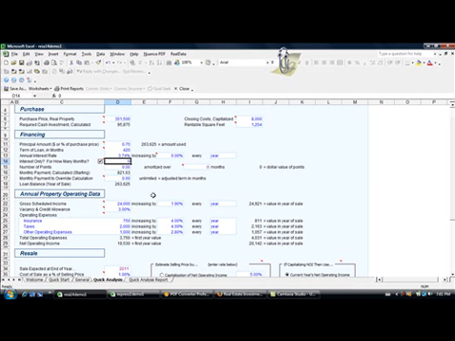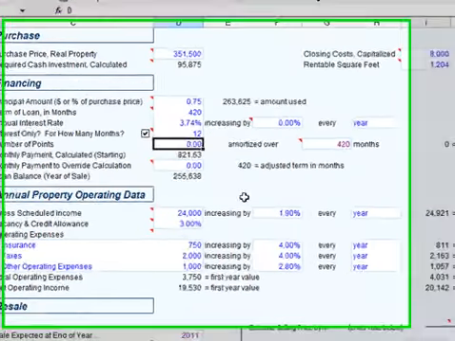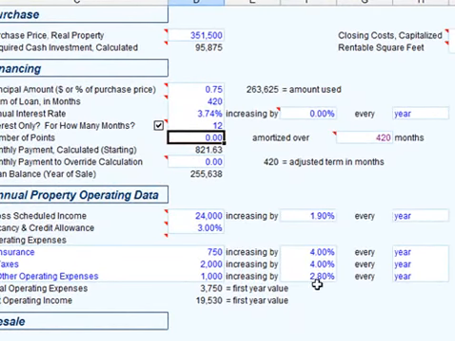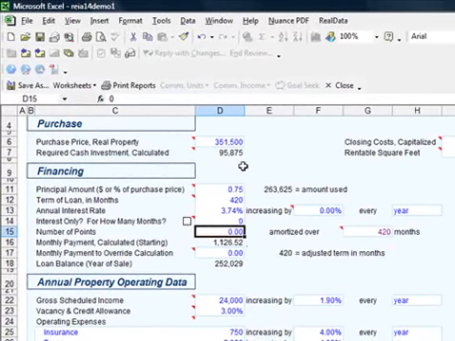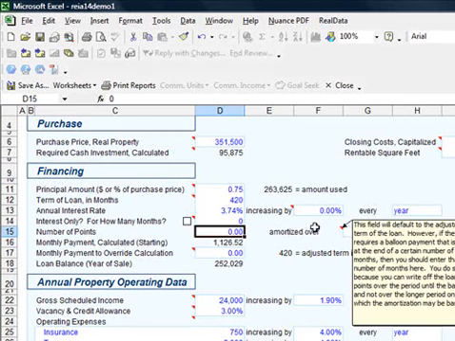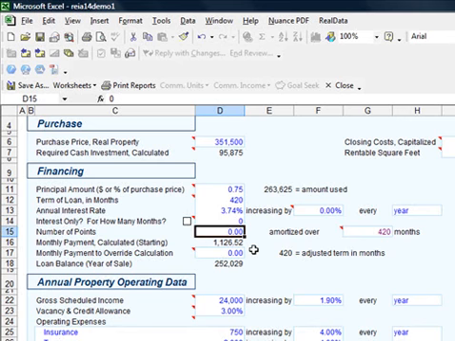And then for how many months? So you could do 12 months for interest only. And you'll see a few things do change when you make that addition. But with the standard edition that we are using, it doesn't calculate it quite accurately. I'm thinking because it's a U.S. edition, it's very close,